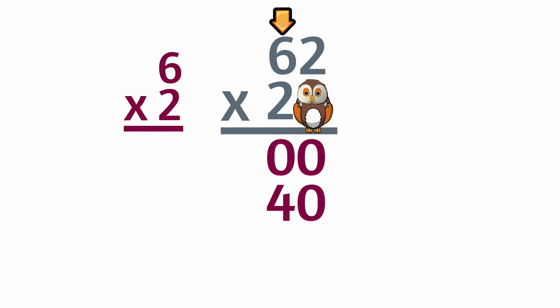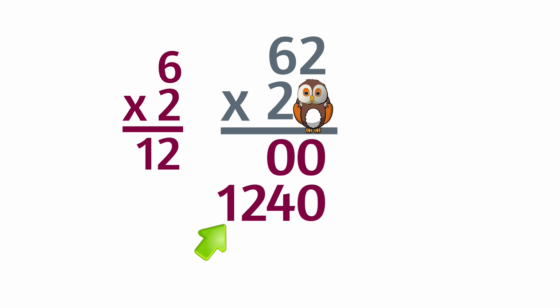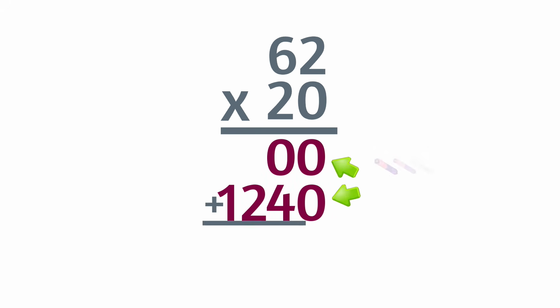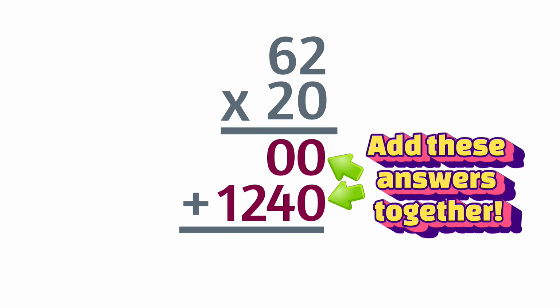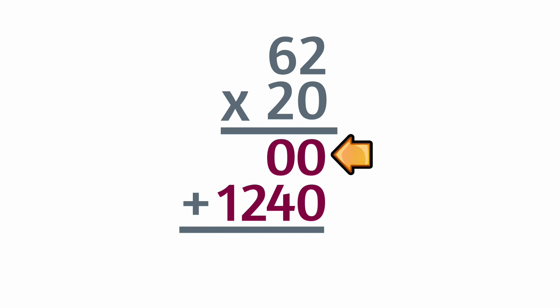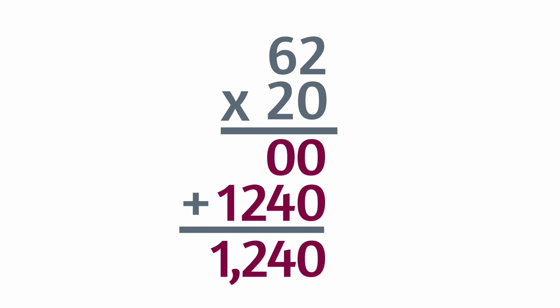And what is 6 times 2? 12. Yep, 12. We put the number 12 down here. Awesome. We're almost done. All we have to do is add these answers together. Since the top row is just zeros, we can bring down the other numbers without changing them, because nothing is being added to them. We now have our final answer,